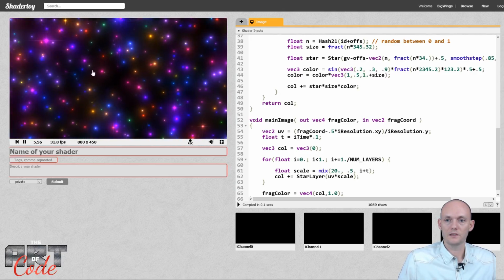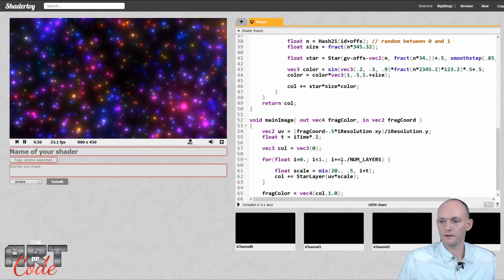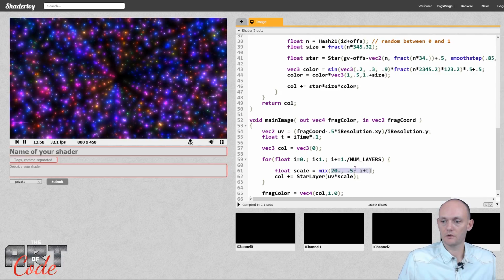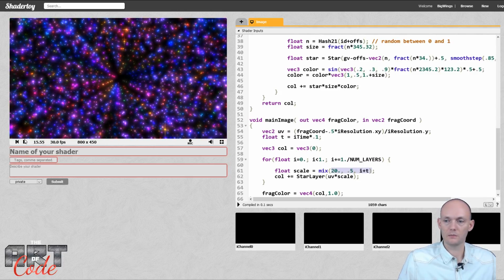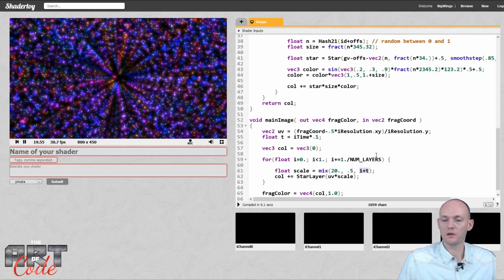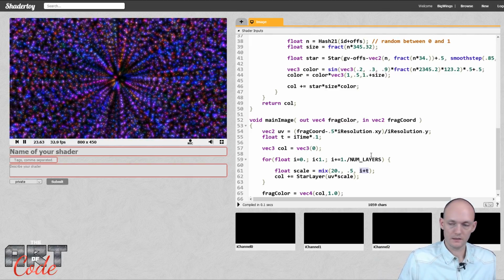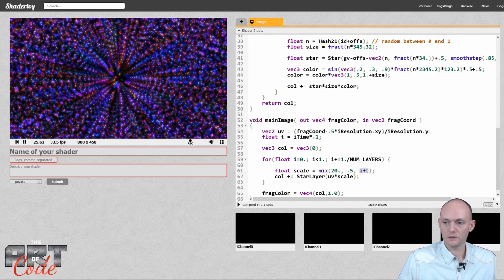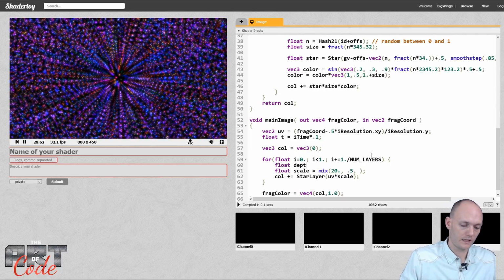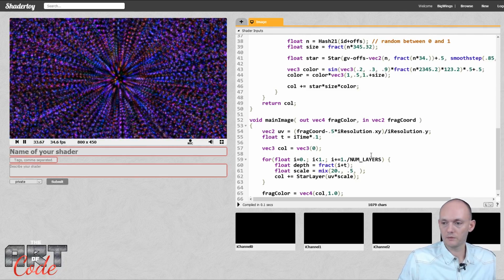But then you get this stuff where it moves backwards, and that's because this can get out of range now, and then you get this screw up. We want this i plus t never to get above 1. When it gets to 1, it needs to snap back to 0. And for that, I'm going to make a variable, and I call it depth. So depth equals the fractional component of this. So now what depth will do,